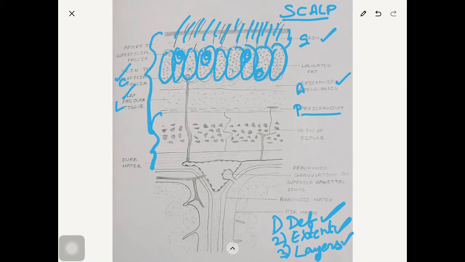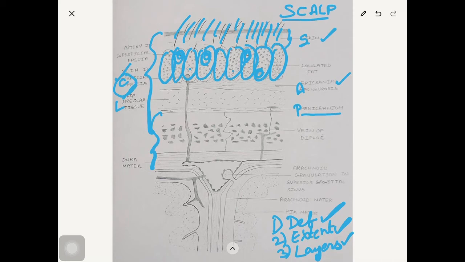Because of its rich vascular supply, scalp injuries heal well. Not only in the scalp, wherever there is rich blood supply, wound healing will be very good. For example, if the scalp is caught in any machine along with the hair and the whole scalp is pulled out with a little pedicle attached, we can suture it confidently. There will be good healing of the scalp because of the rich vascular supply. So that is the importance of the second layer, dense connective tissue.